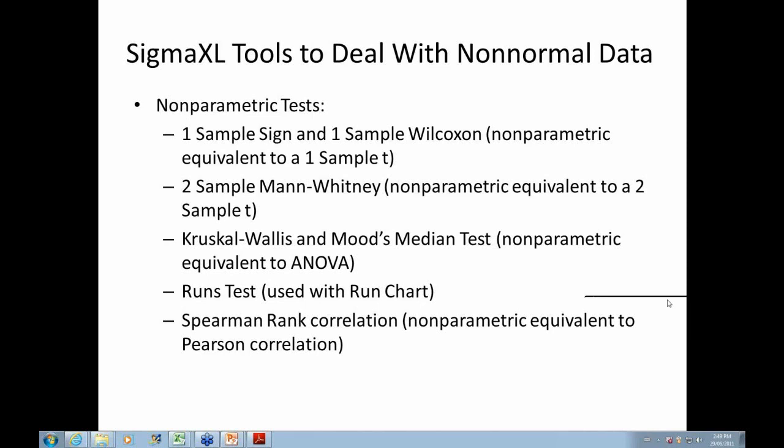The runs test is also a nonparametric tool that you can use in conjunction with the run chart. And then if you're doing correlation, there is the Spearman rank correlation, which is a nonparametric equivalent to the Pearson correlation. So these are all different nonparametric tools that are in SigmaXL that give you robustness to the assumption of